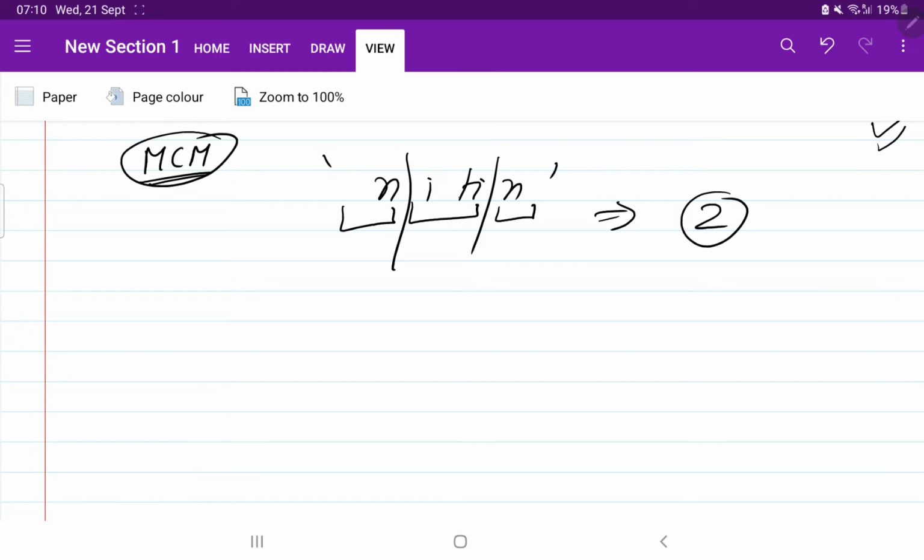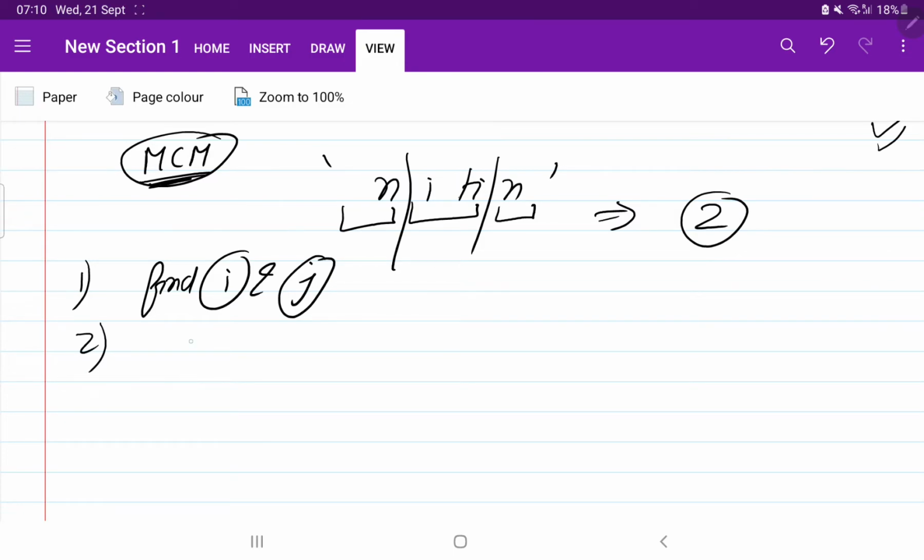So now we know that MCM will be used here, because we have to check at every letter whether partitions are required or not. So what are the steps that we need to follow while using MCM? First of all we need to find I and J. I is the starting point and J is the ending point.